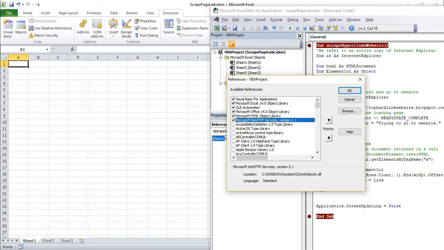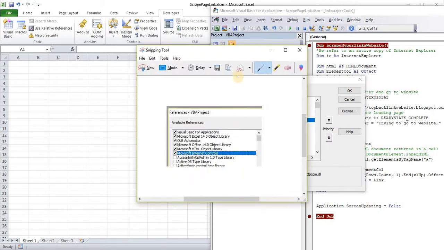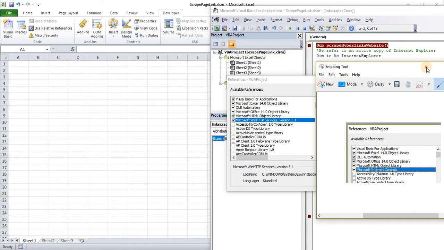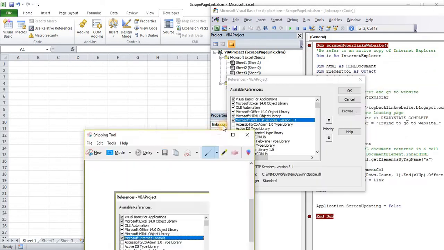And I want to check to make sure that we have all our references, or if we're missing one. So you got Visual Basic for Applications, Excel 14.0 object library, OLE automation. I got the Office object library, the HTML object library, and I need the